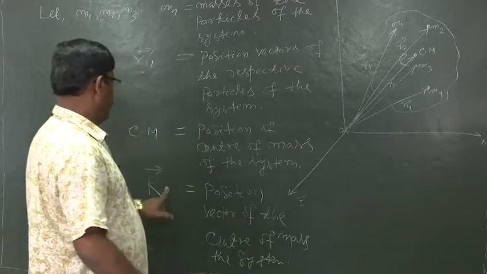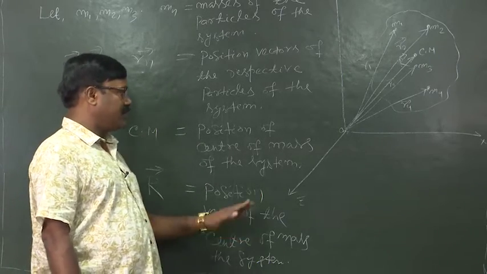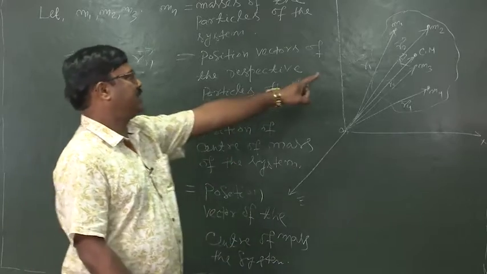Here we have taken capital R vector as the position vector of the center of mass of this system of